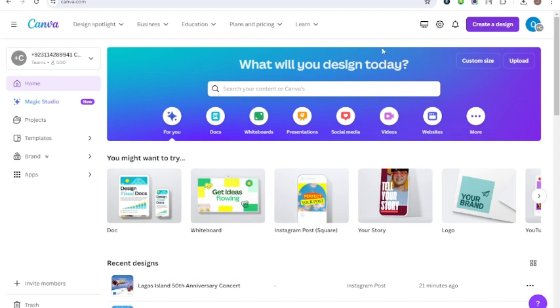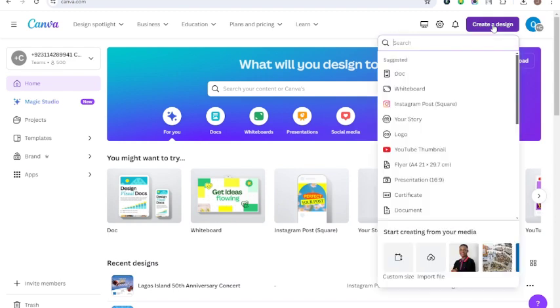So for me, I think I want to start this from scratch so that we can use it to learn some things. Like I said, I want to ensure that we don't use much of the pro features, where you can use some of the free features that are in Canva, that we can use to prepare our